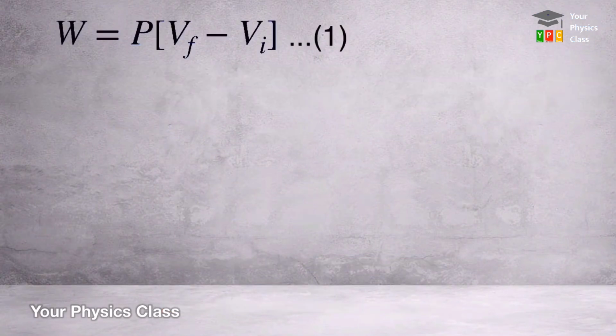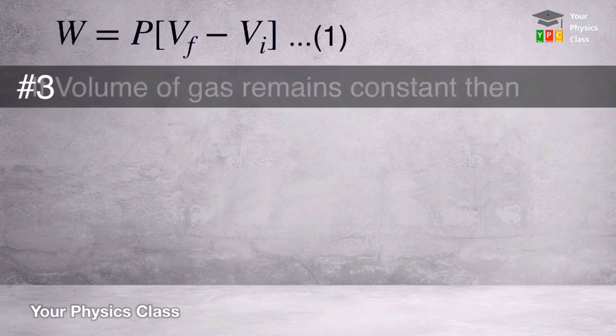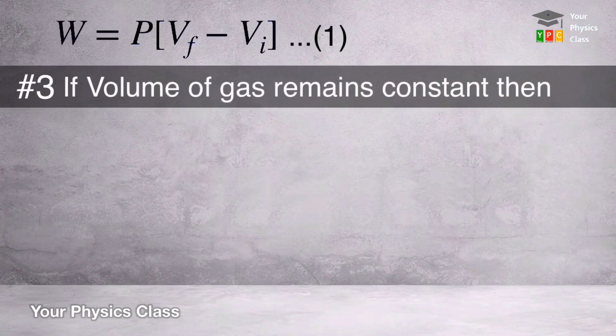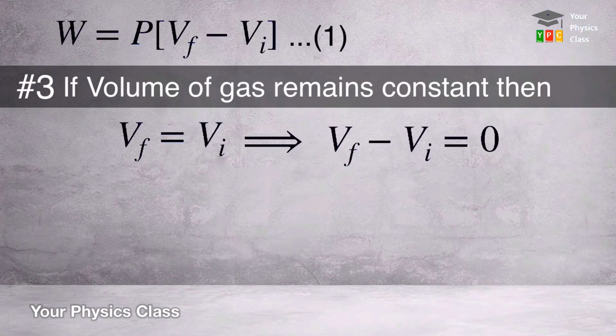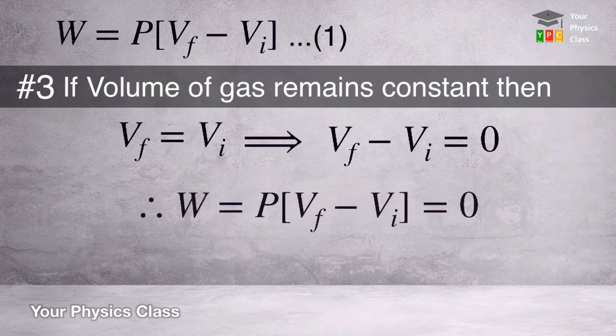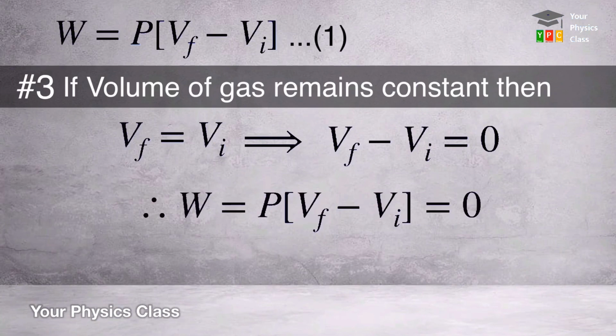If the volume of the gas remains constant, then the final volume equals the initial volume. This implies that the change in volume equals 0. Therefore, work done, equal to P times the change in volume, is also 0. Thus, from the first law we get